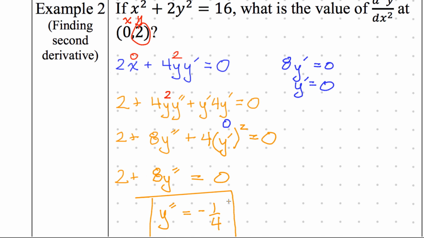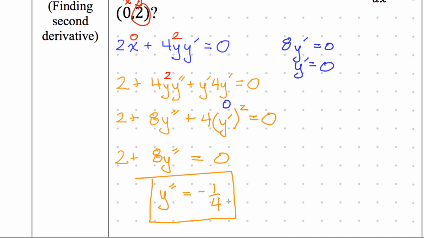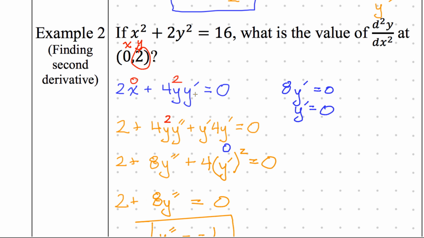Oh yeah, so there was another way of doing this problem. It might have been actually harder. I think this way might have been easier. Sometimes you can isolate y prime from the very beginning. So after this step, isolate y prime. That way when you take the derivative, your y double prime is already isolated. It's on the left. So for example, if I would have subtracted 2x on this side,